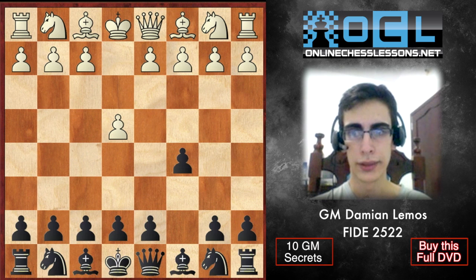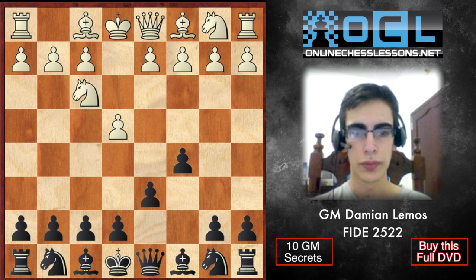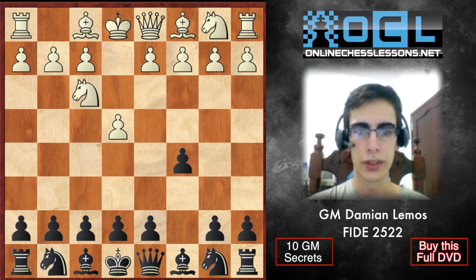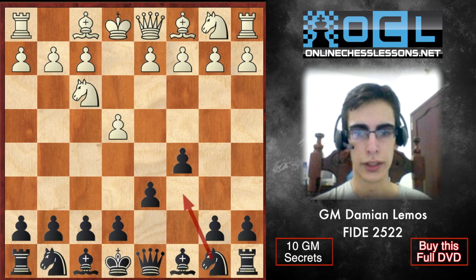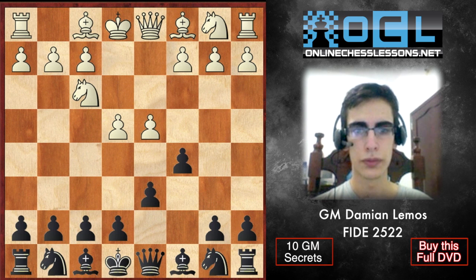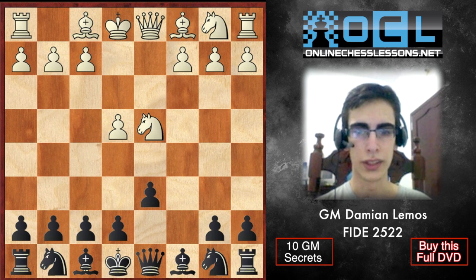We play the Sicilian defense. White plays knight f3 and we play d6, the most natural move in this position. The other move is e6, that would be the Paulsen Sicilian, and knight c6 is the alternative. So d6, d4, we have the open Sicilian now,